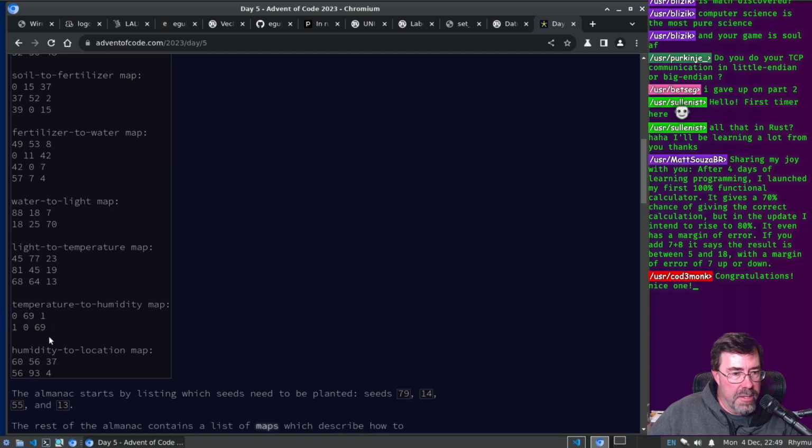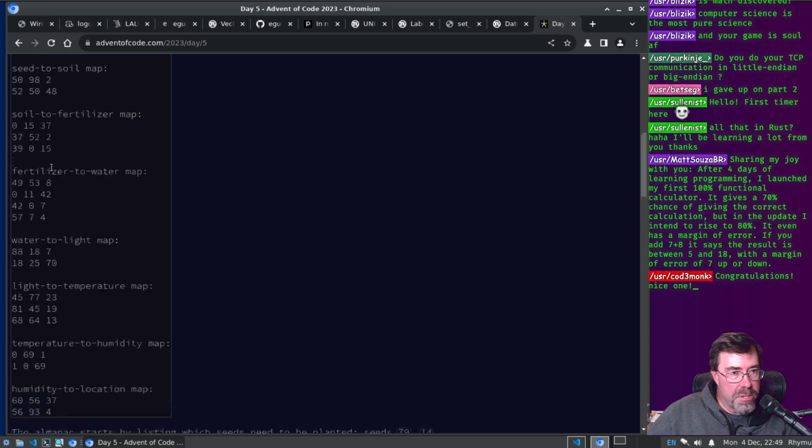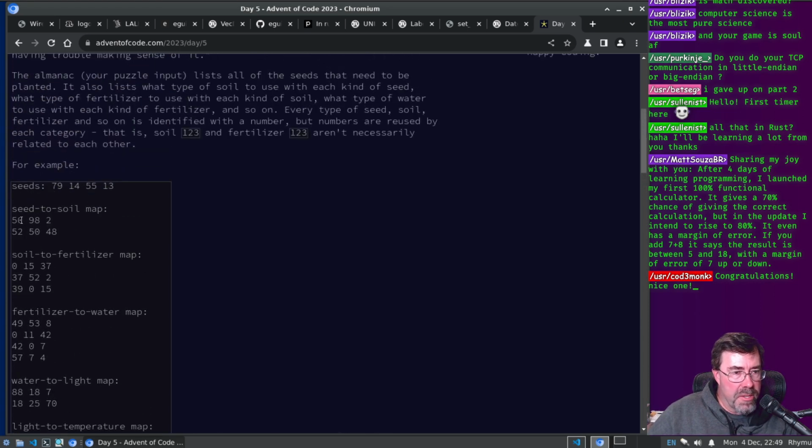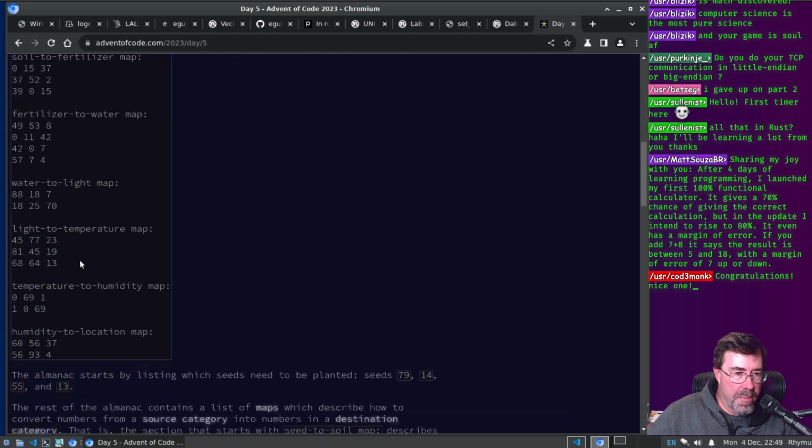Well, we skip that one because 93 doesn't even map through that one, right? So 93 is in this one, so that maps it. We mapped it to 45, and then you proceed all the way to the top, and then you see whichever one of these ranges you end up in, are any of the seeds in it, and then you would just pick the seed that is, and then run it forwards through the map.